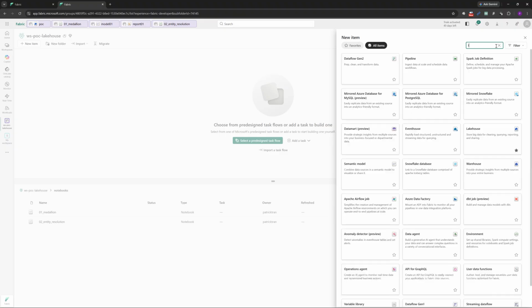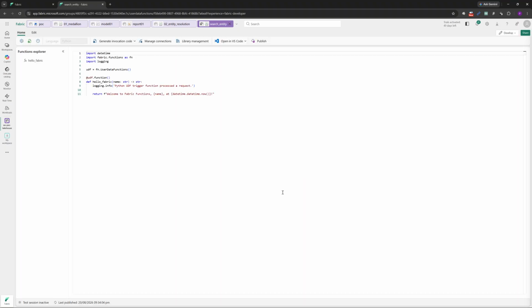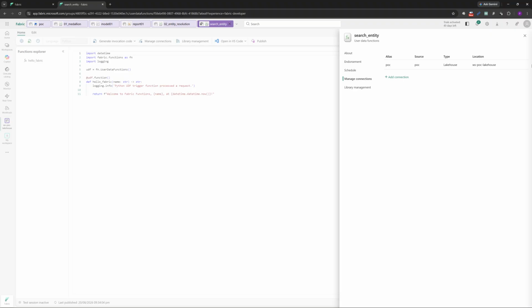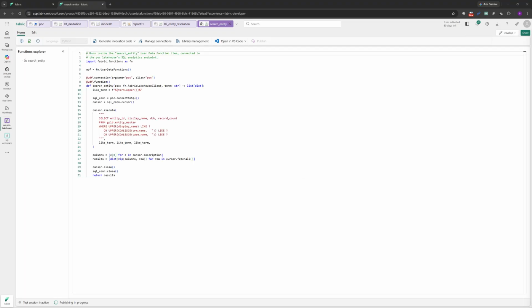First, in the workspace, I create a new user data functions item called search entity. Before writing any code, I connect it to our data source, which in this case is the POC Lakehouse. Then I write the function itself, and once it's ready, publish it so it can be called outside the notebook. There is one small trade-off here. Some of the richer information I can return easily inside the notebook, such as the complete set of contributing source records, is less convenient to expose through this interface. So the published function gives us the core information needed for a search, while the richer detail stays in the